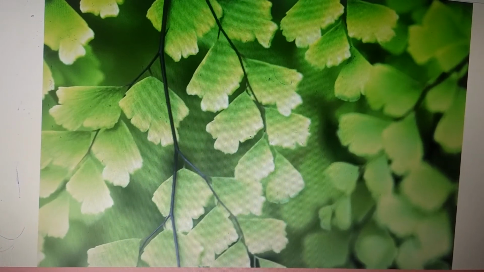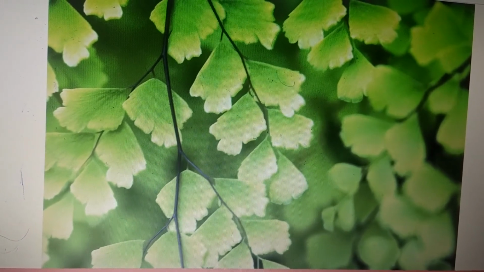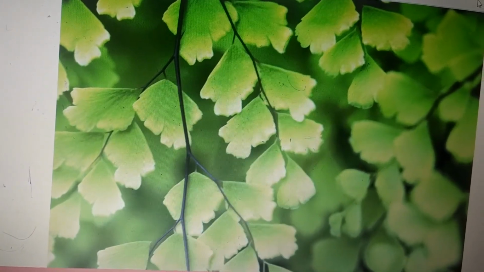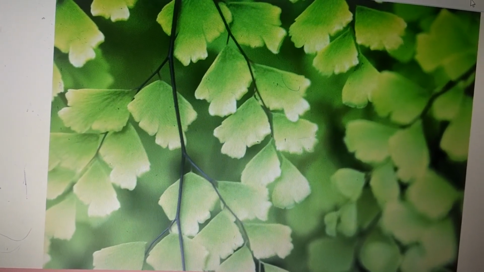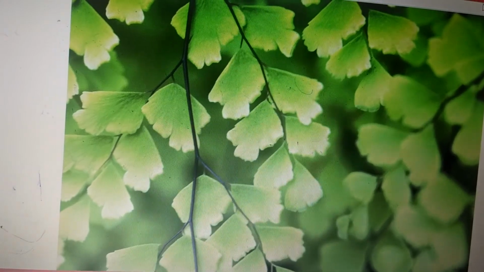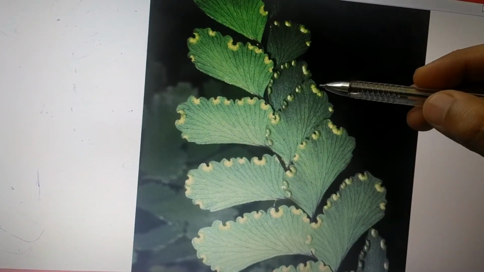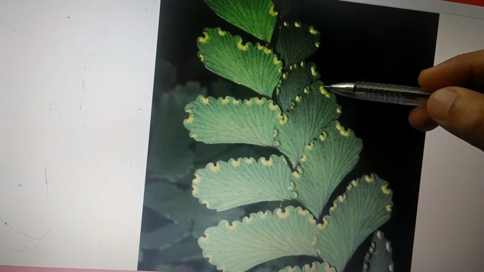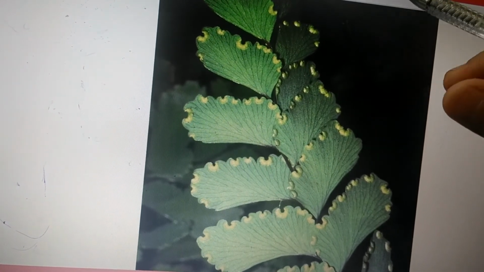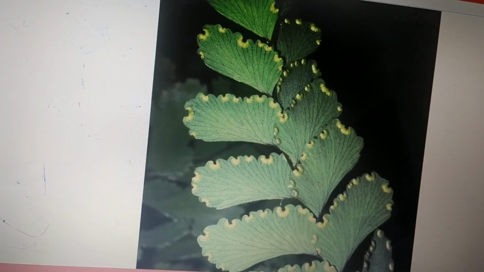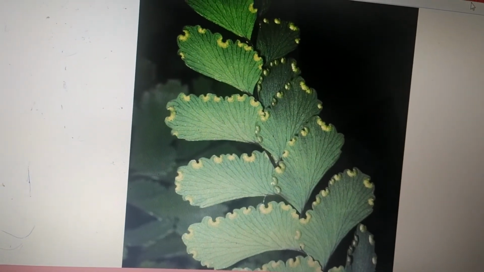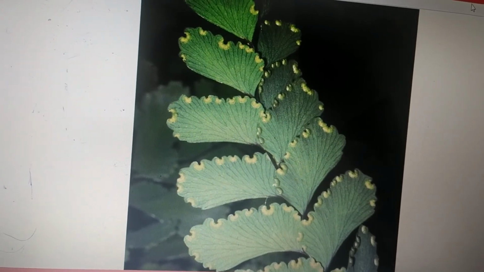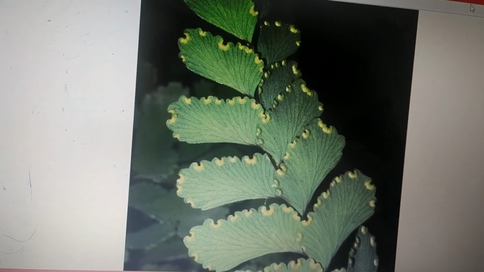Now, on the ventral side of these leaves, some yellow to brown spots appear. These yellow to brown spots are nothing but sori, formed on the margin of the ventral side. Wherever these are formed, that part of the leaf gets curled a bit. So these are yellow to brownish spots. We are going to call them sori. They are present on the margin of the ventral side of the leaf.